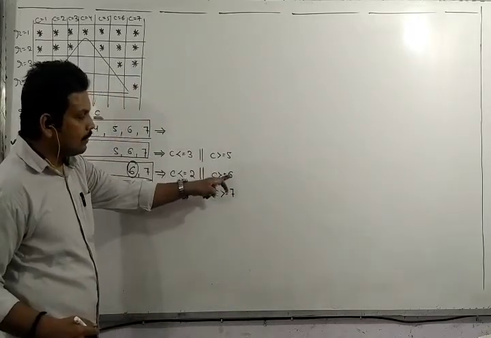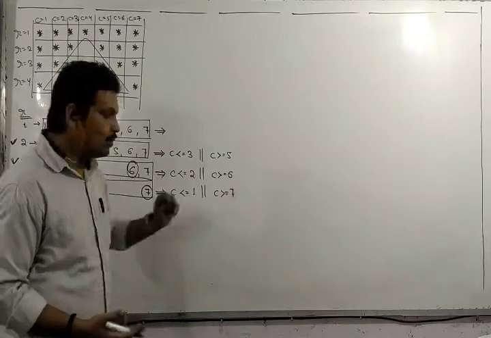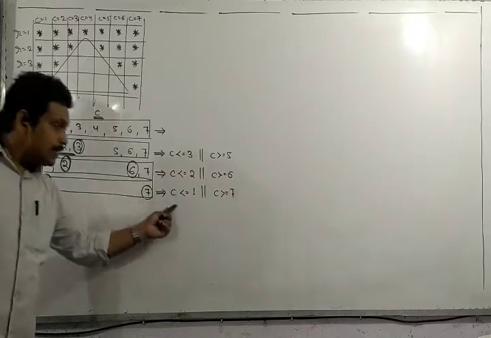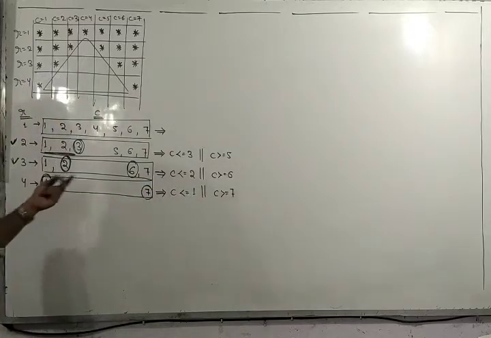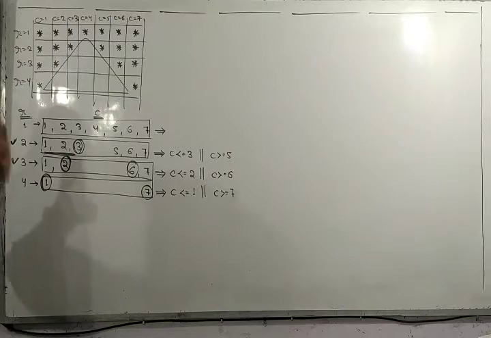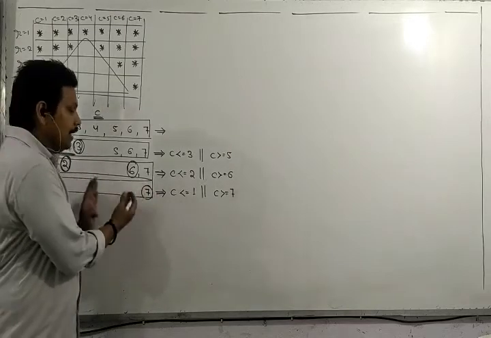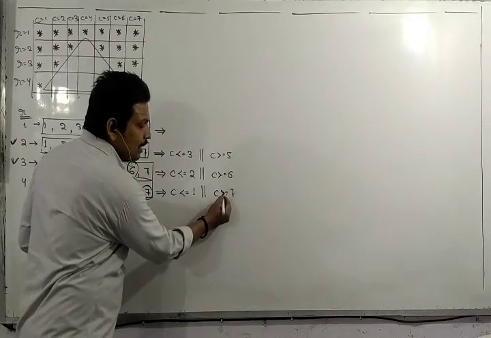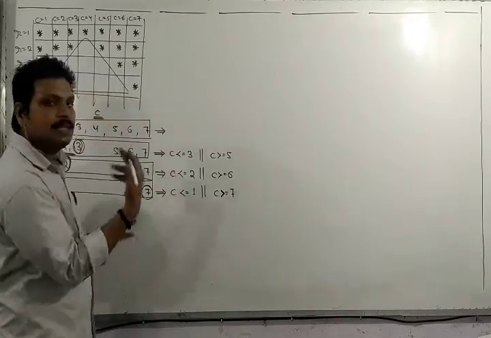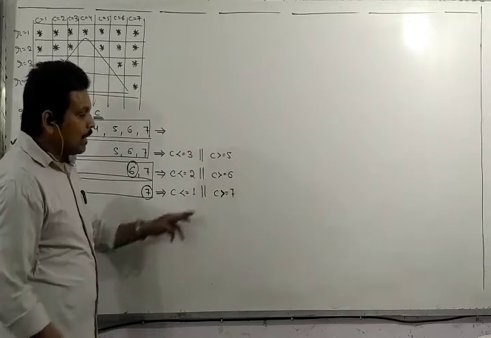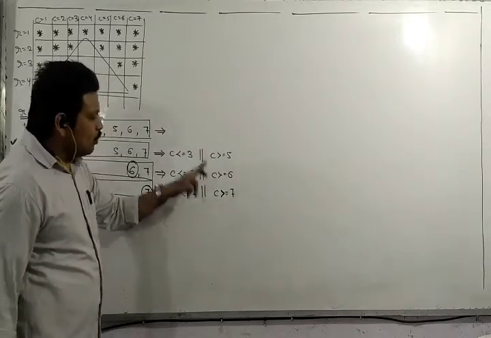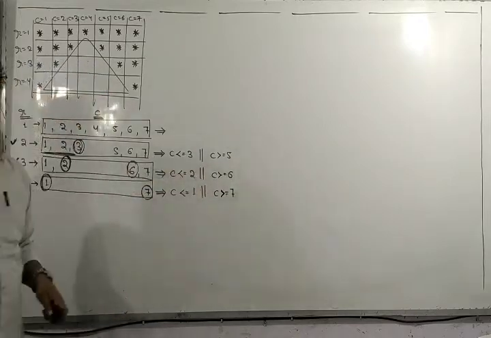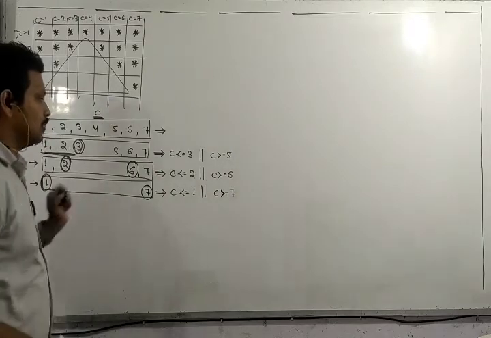Apply our common sense. After 5 it is 6, so after 6 it should be 7. Yes or no? And here also we have the value 7. ठीक है, यहाँ पे C less than equal to 1 लिखा है. 1 से नीचे और है ही नहीं, because the value of C starts from 1 and ends at 7. तो greater than equal to 7, ये greater than का सवाल ही नहीं उठता है, because the last limit of C is 7 only. Yes or no? Then why have we written greater than? Just for the sake of formality, because all these relational expressions should be of the same structure.